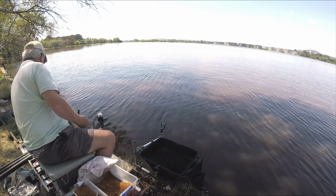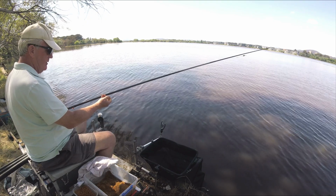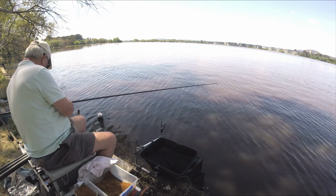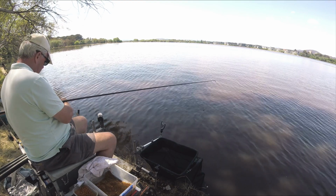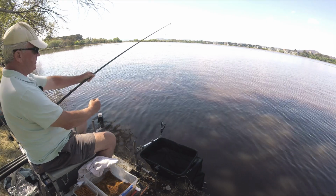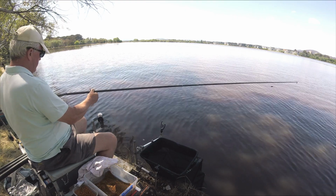But what I'm going to do is I'm going to just have a very quick look on the pole line and see. Again, not really expecting too much at the moment, but if they're there, might try and pick 1 or 2 up. You'll notice I'm only fishing with the top 2, and that is because down to the left of me